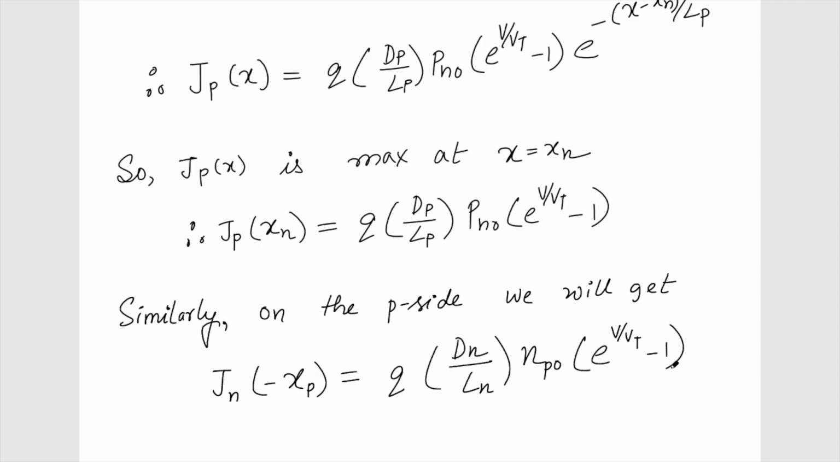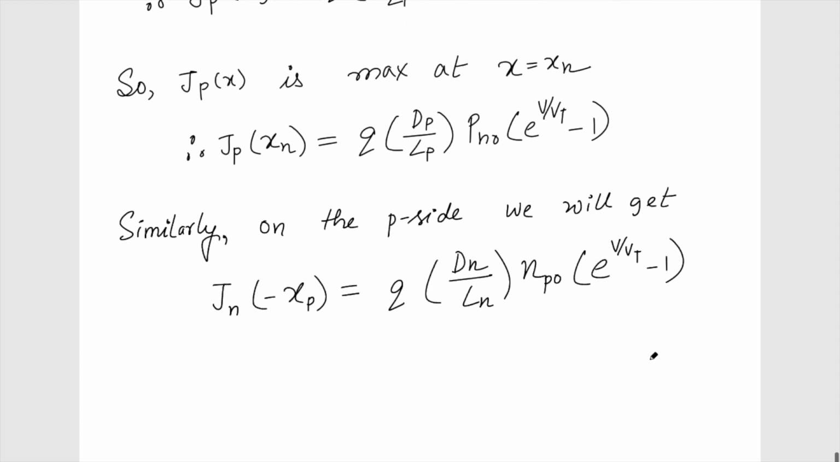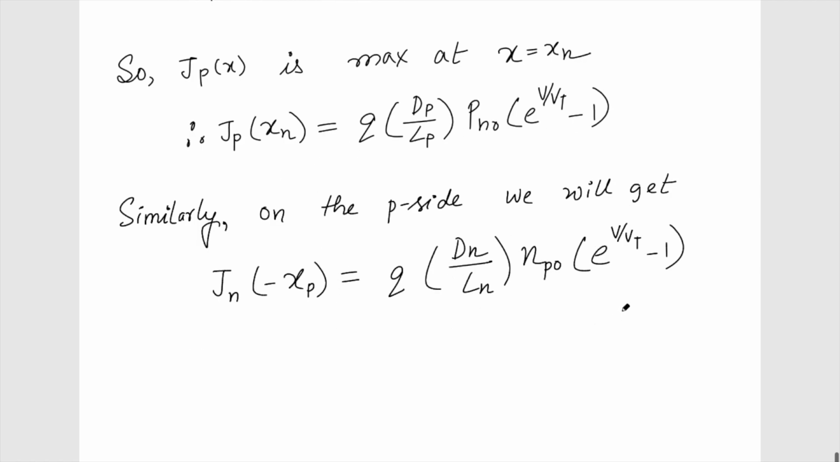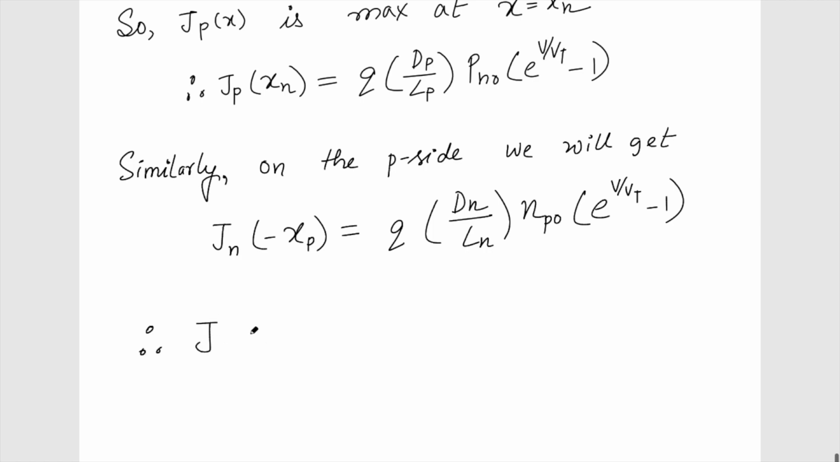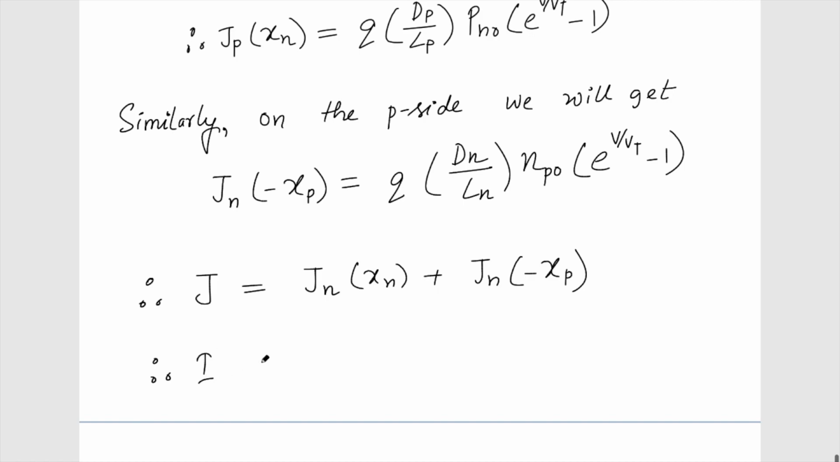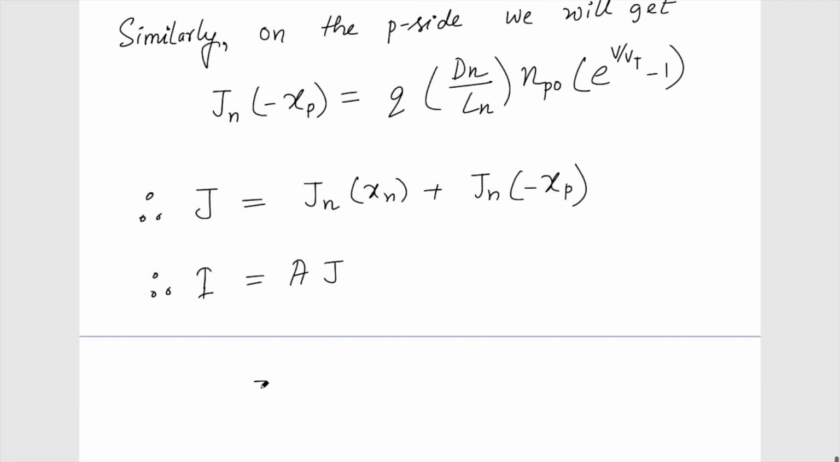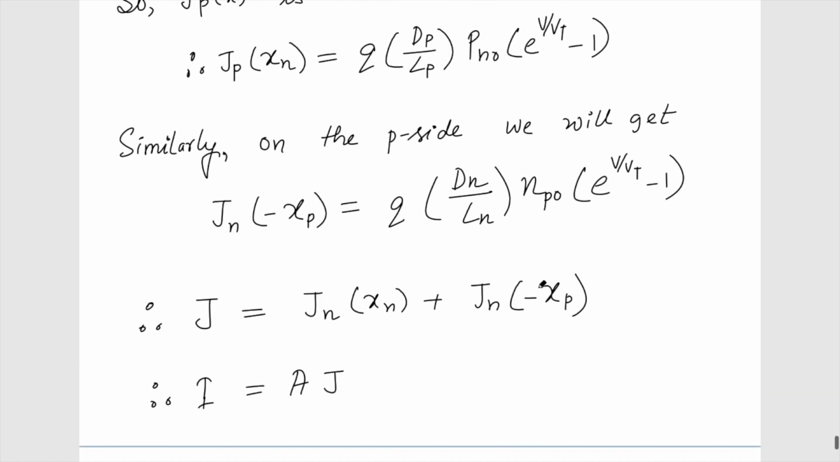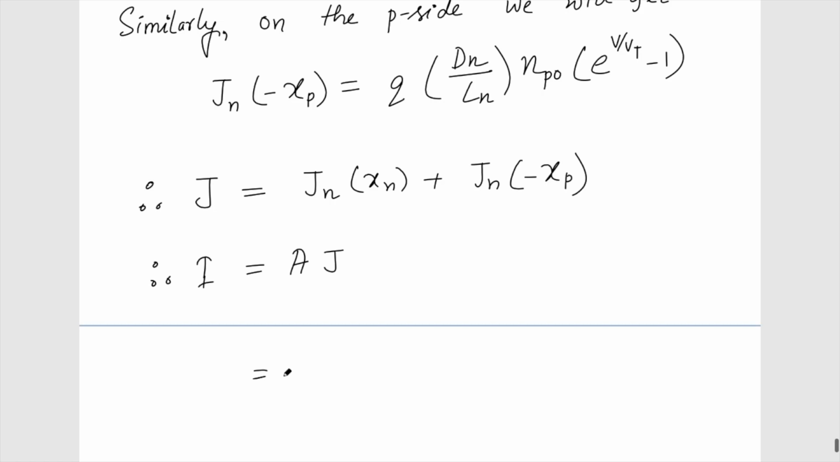So the total current will constitute these two, due to the holes as well as due to the electrons. The total current J will be the summation of these two, Jp at xn and Jn at minus xp, and therefore I just need to multiply with the area. So I equals A times J, and if I substitute J with the terms that I have here, what finally I'll get is